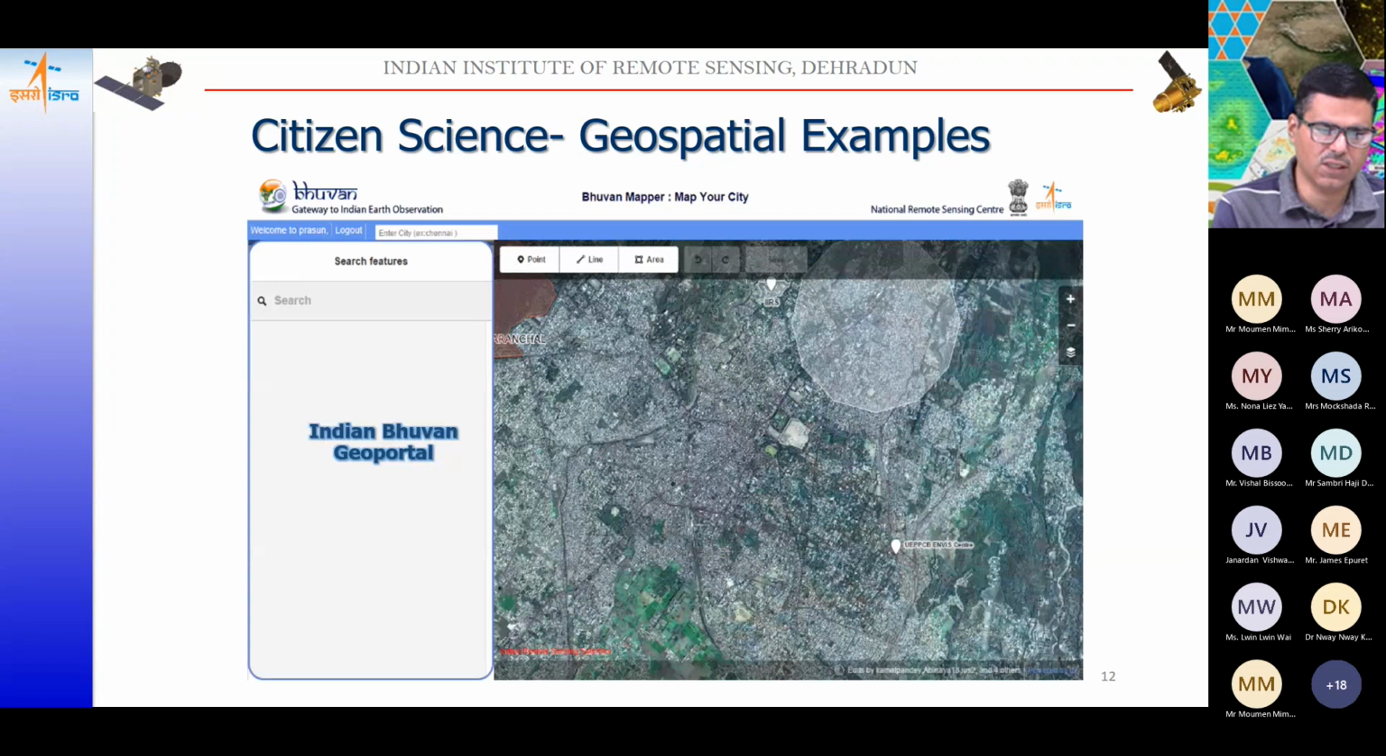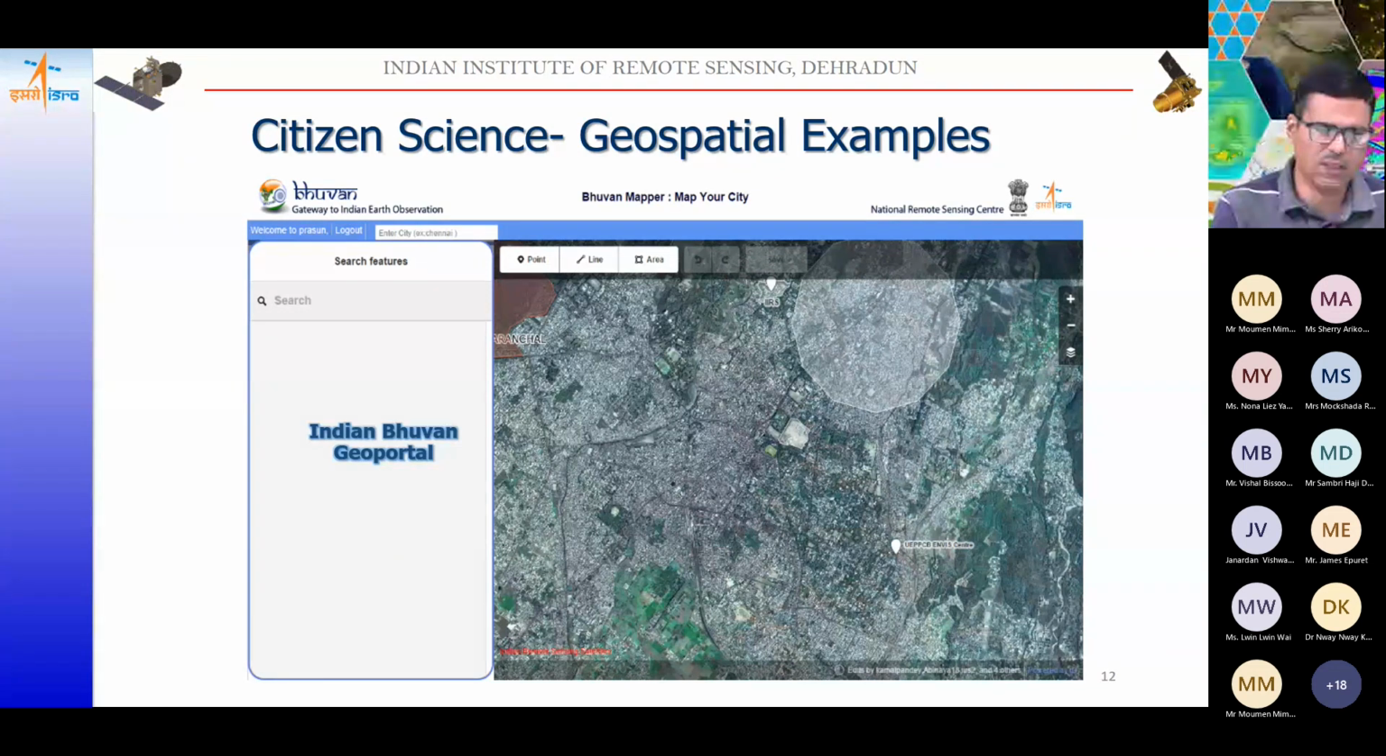Now, the Bhuvan Geo portal, the ISRO Geo portal, also provides this utility known as Bhuvan Mapper. So you can make a note of this. It's called Bhuvan Mapper, or Map Your City. Here you can contribute by digitizing either points, lines, and areas, and you can also contribute towards the generation of this